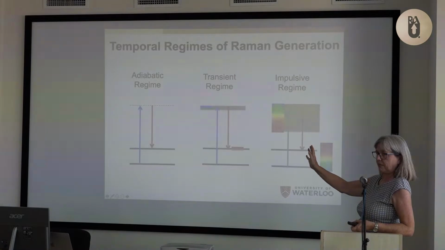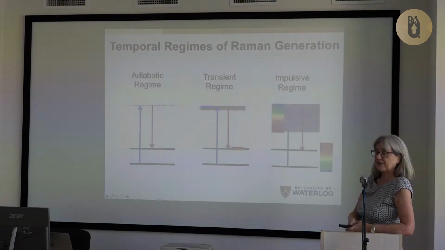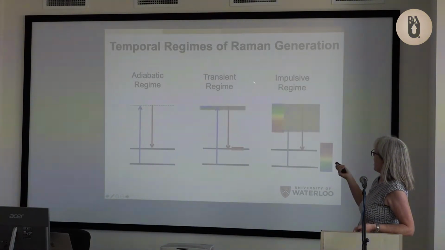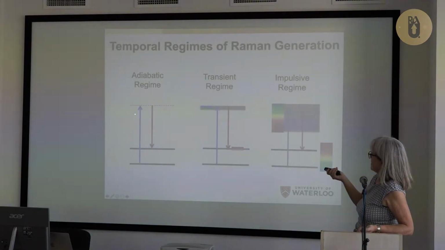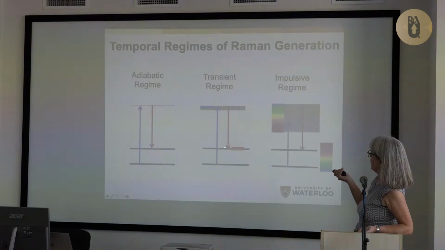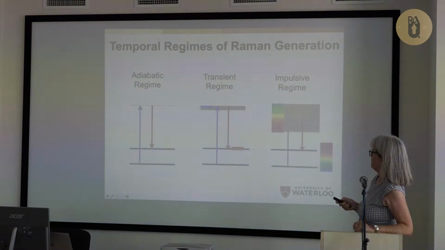The problem is then, you actually go right across this whole thing and you don't get a discrete spectrum. And you may wonder, well, why do I want a discrete spectrum? Because some people use continuum generation to make short pulses as well. I'll come back to that. And then this transient regime, that's where you're in between. So this is nanoseconds, this is femtoseconds, this is sort of picoseconds. Okay? This is where the time duration of the pulses is sort of matching the coherence time. I've got it a bit bigger, but you know, this one doesn't look like it's much smaller, but it would be much, much smaller. This one's the same order of magnitude.